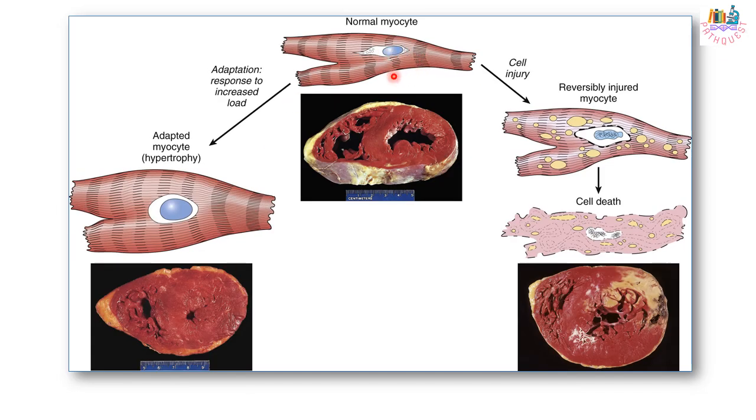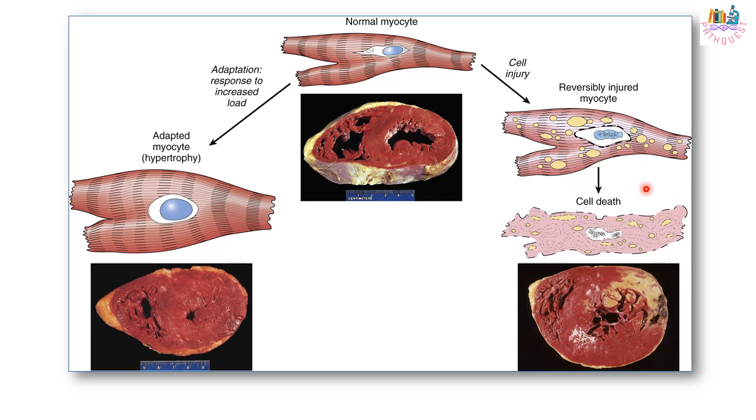Now, when the heart muscle is exposed to a mild injurious stimulus, it results in reversible cell injury where there will be changes in the cytoplasm, which include cytoplasmic inclusions, etc., and changes in the nucleus, which include chromatin clumping. When the myocyte is exposed to a severe